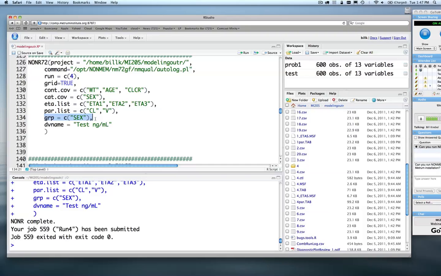Once for sex equals 0, once for sex equals 1. This grouping variable doesn't have to be limited to 2 categories. You could imagine you wanted to group this by, say, creatinine clearance group. Not necessarily creatinine clearance, but maybe normal, mild, moderate, severe renal function. So you could have a grouping variable based upon renal function to make sure that you're adequately fitting each of